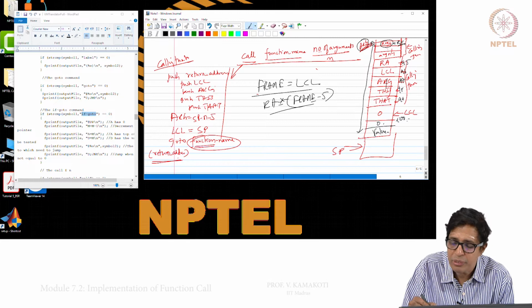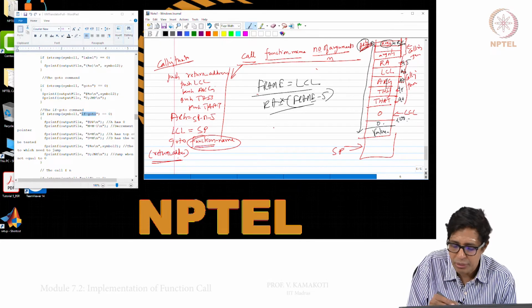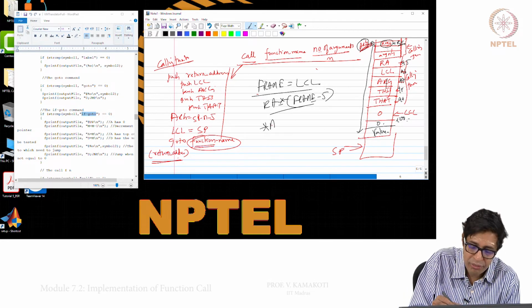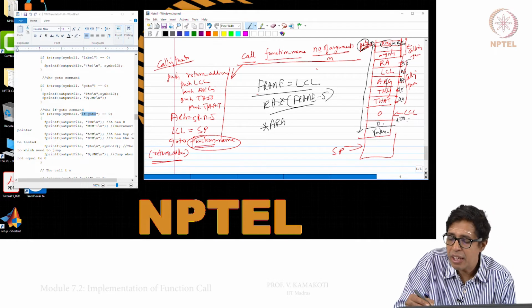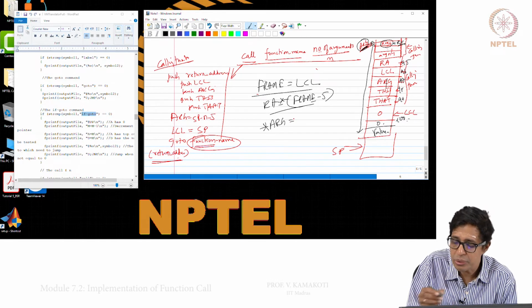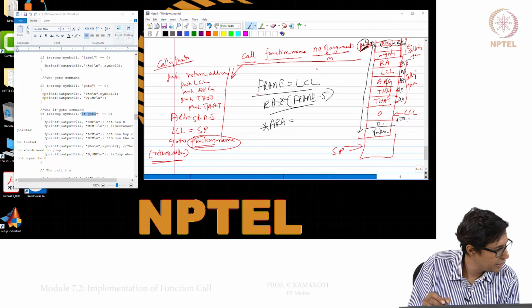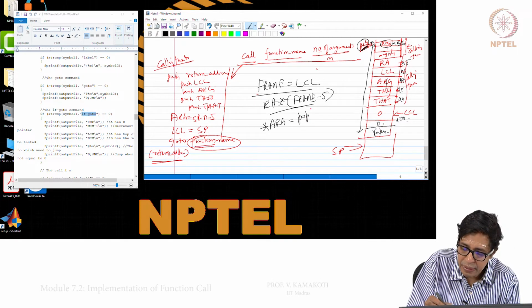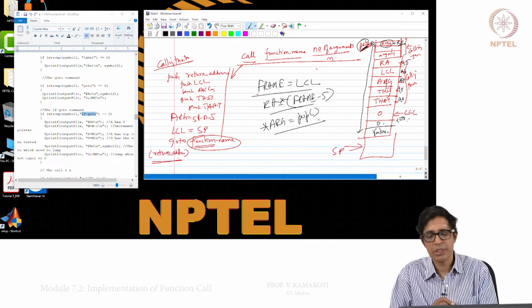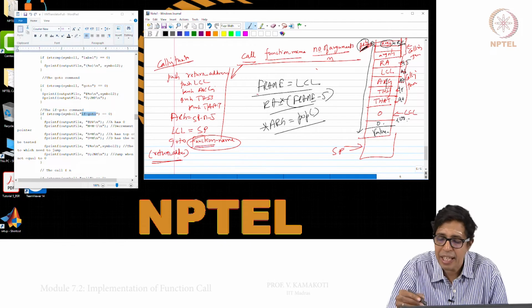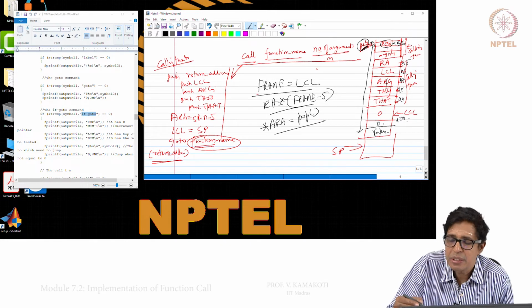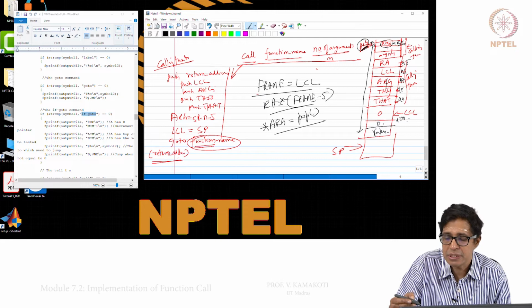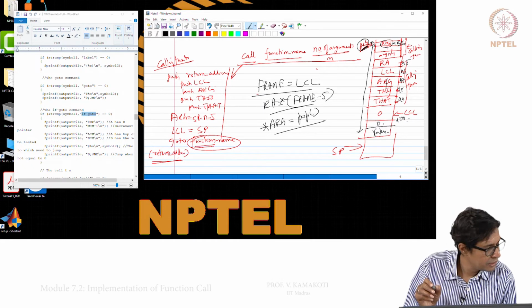So, you pop this value and put it at arg0. That is what you mean by star of arg, the arg of the called function is equal to the pop. This is the third instruction that you need to execute. So, you pop the stack and store it wherever arg0 is, right.